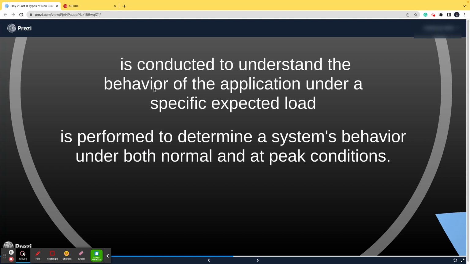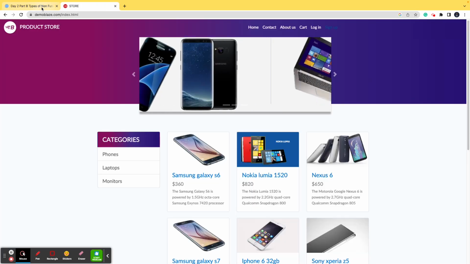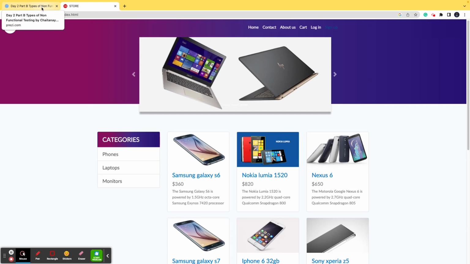Because let's suppose on a normal day, the system could undertake 500 or 1000 users logging in at the same time, right? But when the results were declared, all of a sudden everybody had this anxiety to go and check the result, right? So out of nowhere, 5,000 or 5 lakh people are accessing the same website trying to have a look at the result. As a result, the system is not capable of taking that load,